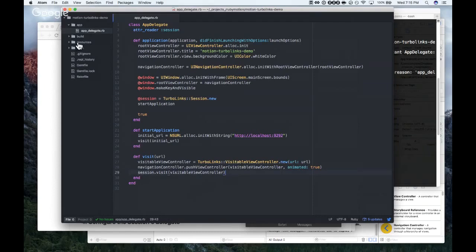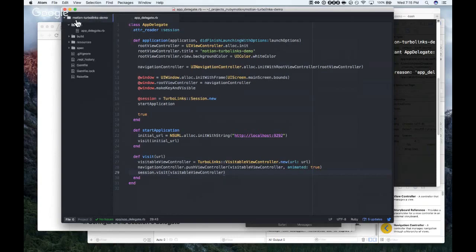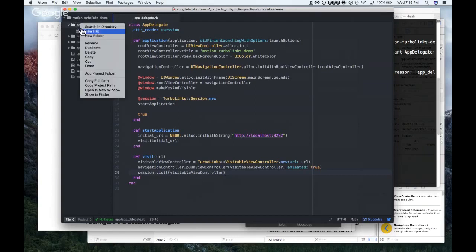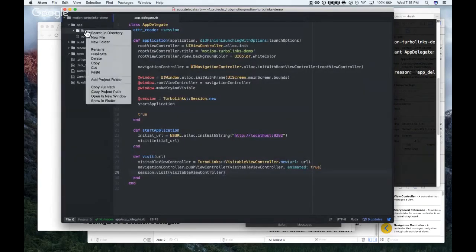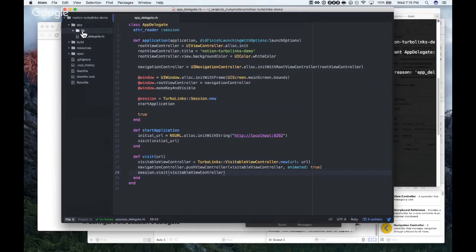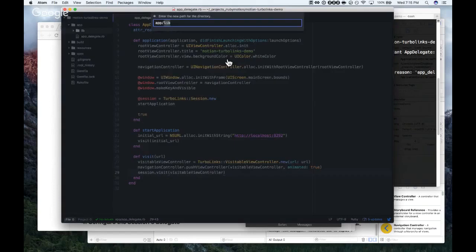So I guess start by creating a lib directory. Oops. I'll do it within app. And really, this could be named whatever I want. And for that matter, maybe I'll just name it TurboLinks. The beginnings of the TurboLinks RubyMotion gem.